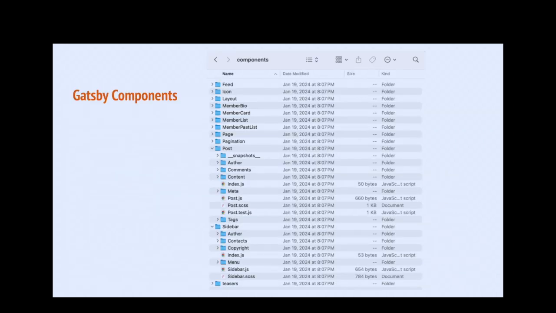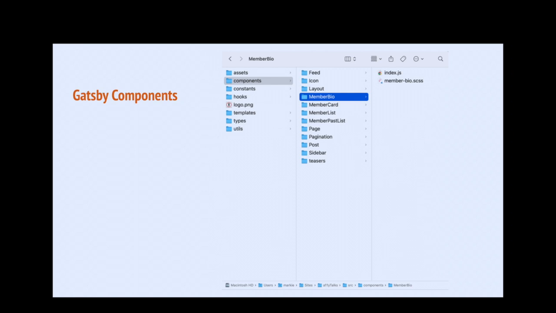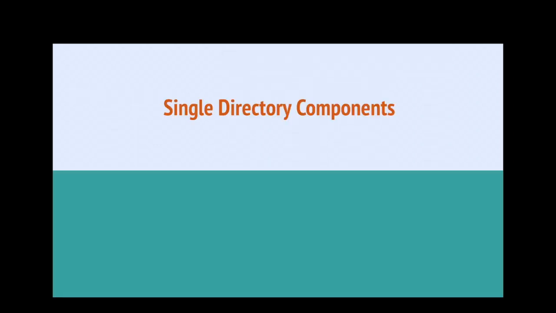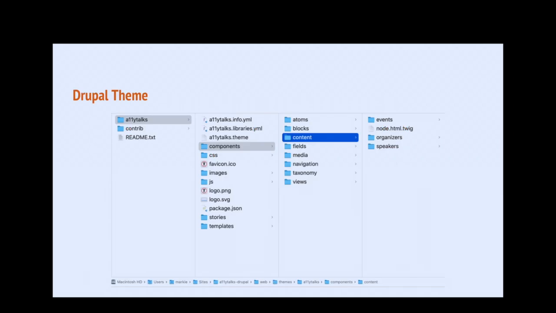And then we have these components, which basically were the React components, which was the meat of this talk, where you're building all these things out into HTML using React components. And for the Gatsby components, the member bio was the component itself that we converted to use for the organizer content type. So then I moved them into single directory components.